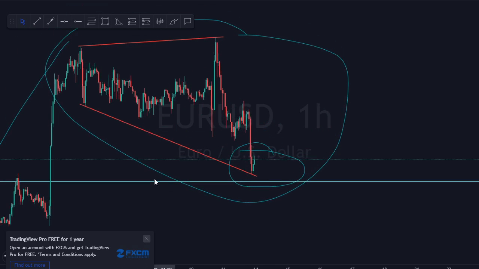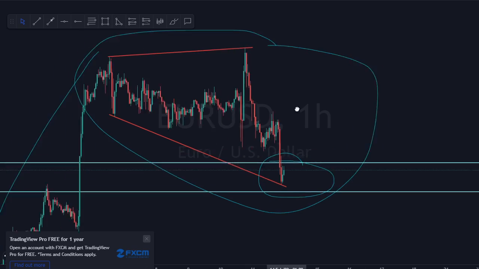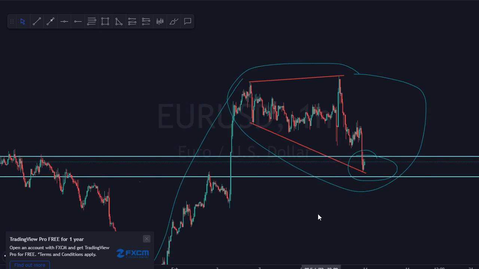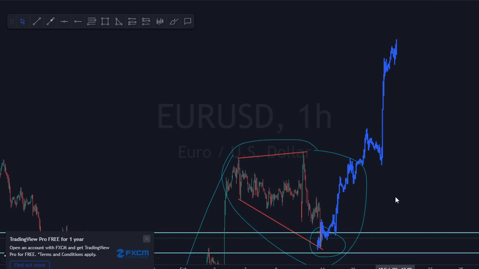Let me just copy this. My entry right here, and then my take profit would be the 90% rule, which means it's gonna be this whole entire impulse to the upside. Yes, I'll be looking for buys all the way until this high,